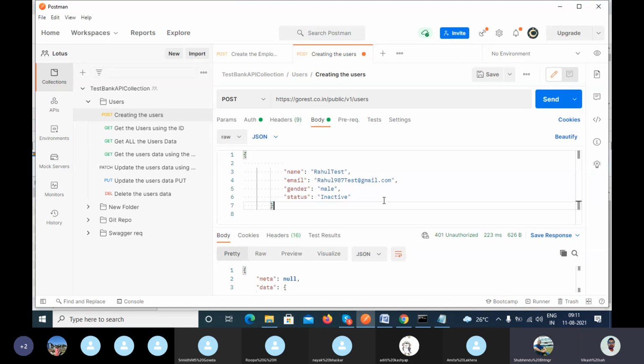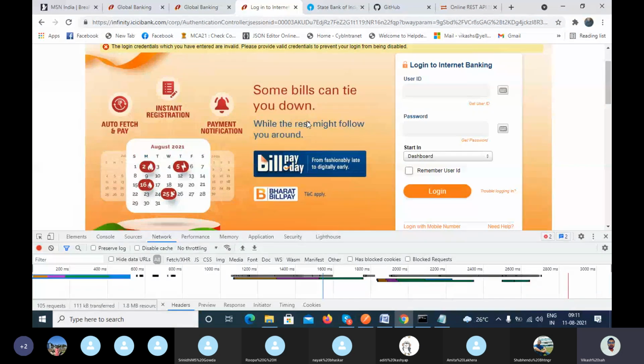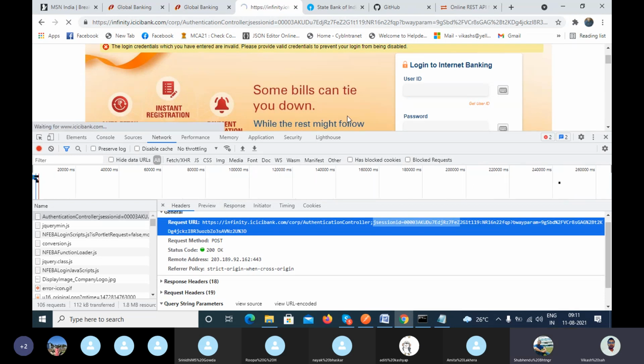But in this bank application, even if the token was generated, we were not using it to log in to the application. Do not get confused, sir. This thing is happening internally. They can't show you the username, ID, password and the token. Then where is the security if you show everything in the network section or in the UI?